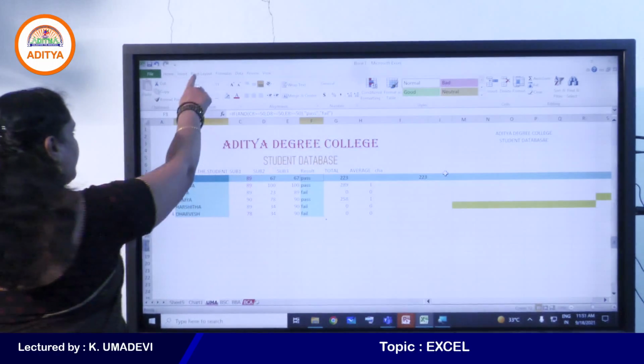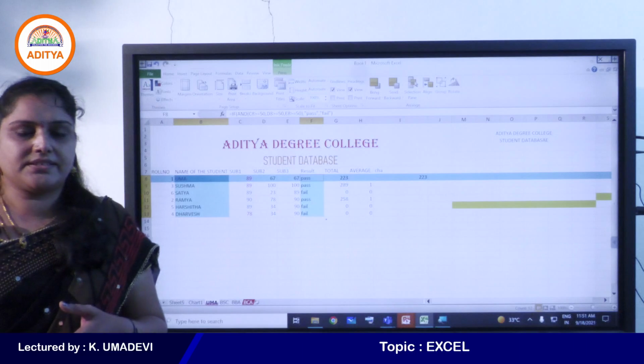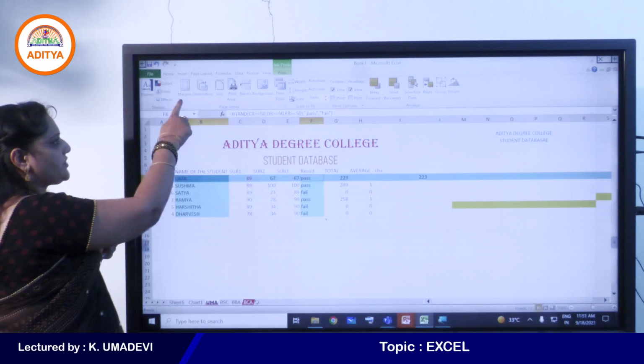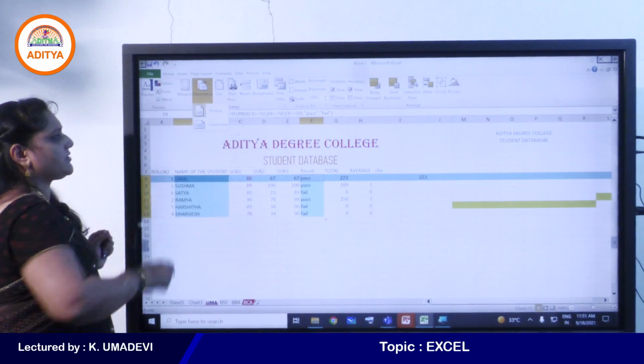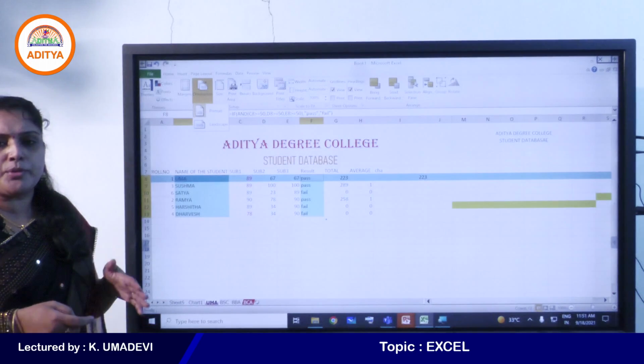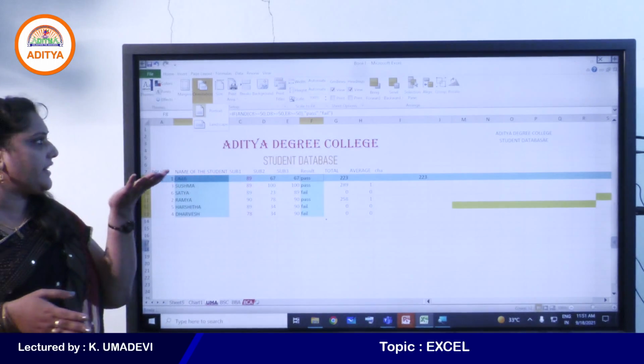So what is the next one? Page Layout tab. Again, the Page Layout tab contains margins, orientation, size. We have two orientations, portrait and landscape. Portrait means vertical direction of the page and landscape means horizontal direction of the page.